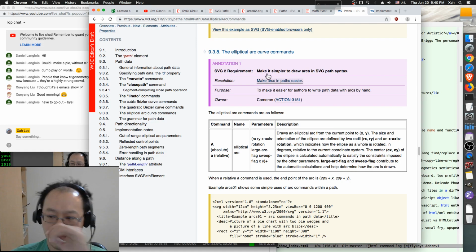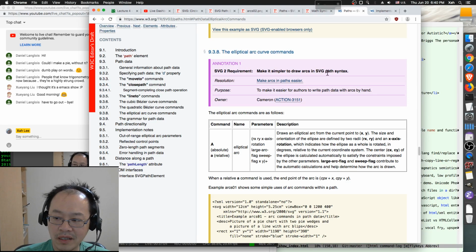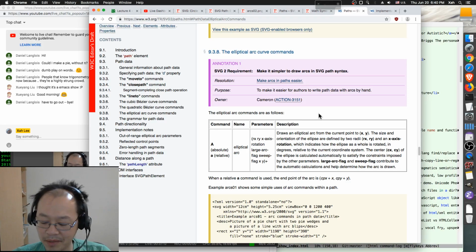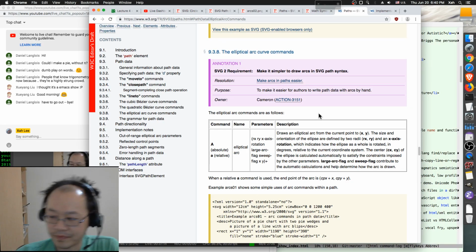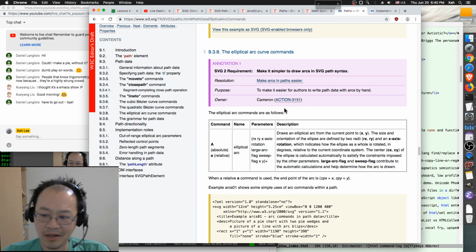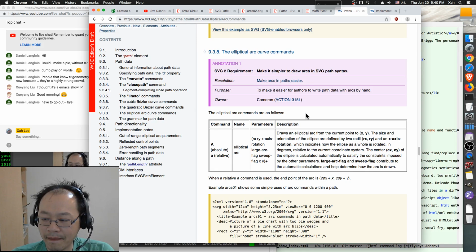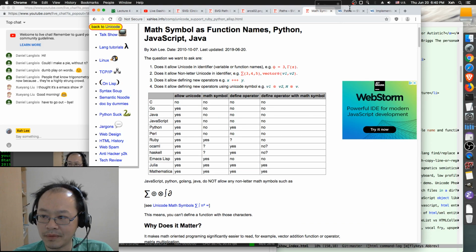For example, they have a note here, annotation: SVG2 requirement, make it simpler to draw an arc, draw arcs in SVG path syntax. You see, they have these notes because it's a problem. A pie chart is very common, but few people can understand it. They just have a note to themselves. It's not anywhere in the spec. You still cannot do it. There's no easy way,